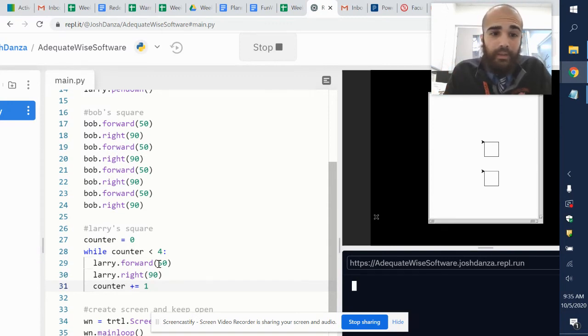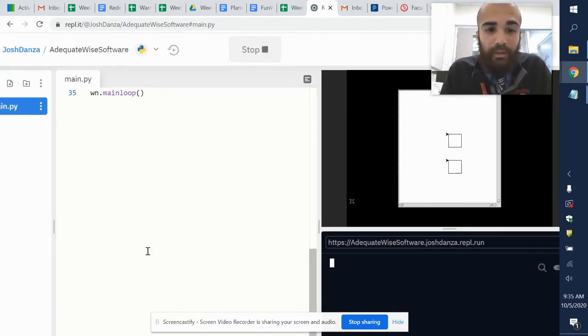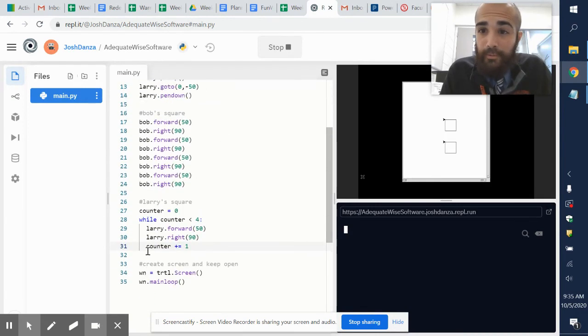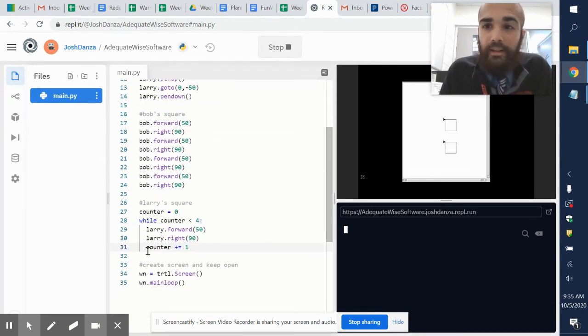Now think about it. I know we didn't really save a lot of lines, but by using loops, we can actually save a lot of lines of code. Let's say you wanted to make an octagon. You want to turn right 45, and go through 8 times. All you would have to do is change this number to 8 and change the degree to 45, and you could draw an octagon. So the while loop allows you to write less code,